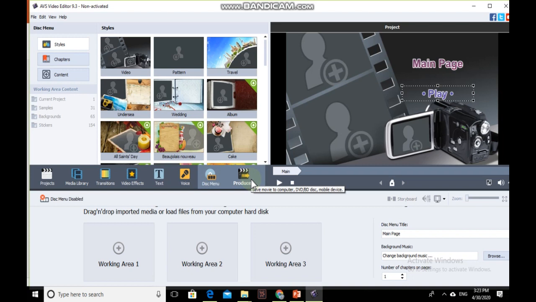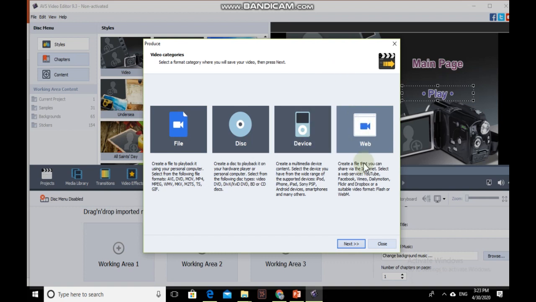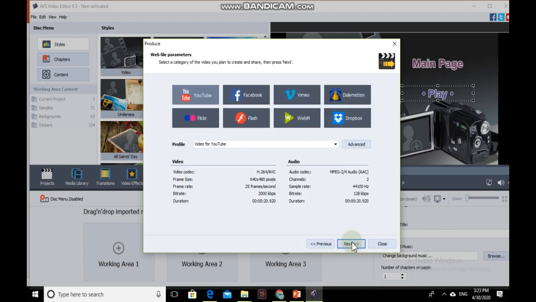as well as once our tasks are complete, then we have to simply press the produce button. So if you don't have any addition in your slides, then simply press the produce button and the project will start saving. It will ask you whether you want it as a file or as a disk, device, or web. I normally prefer web, as I upload it to YouTube. So I select web, then I press next. In next I select YouTube